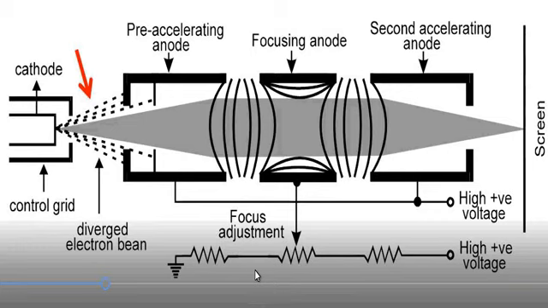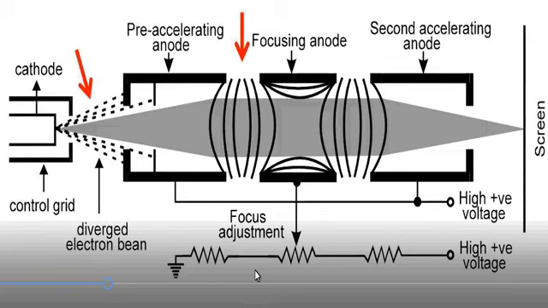There is a gap between these three anodes. This is a distinct gap between these three anodes. You can see the gap. Due to this gap, there is a formation of convex and concave lens. When the electron beam diverges and propagates through the pre-accelerating anode, as there is a gap between this pre-accelerating anode and the focusing anode, there is a formation of